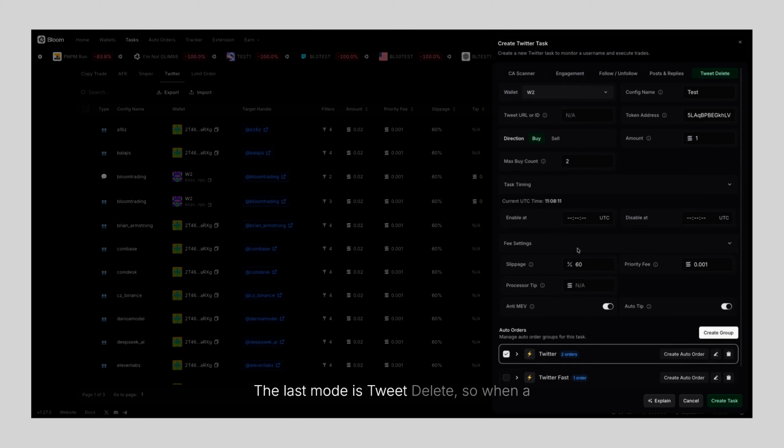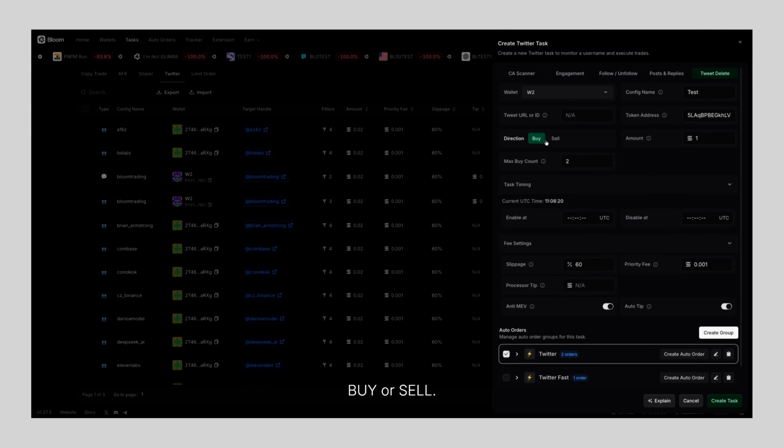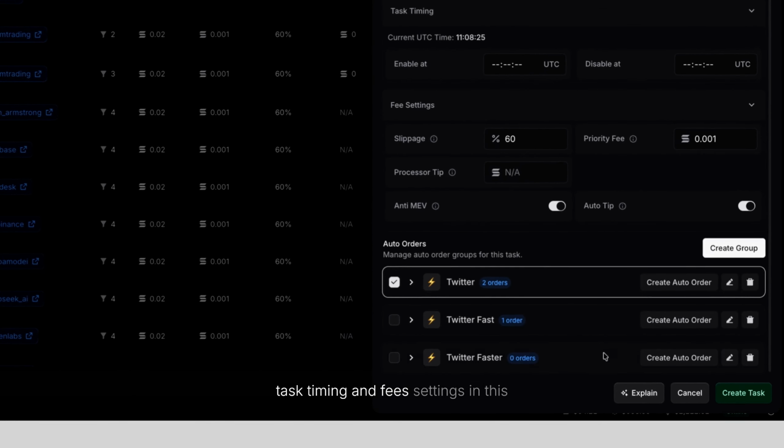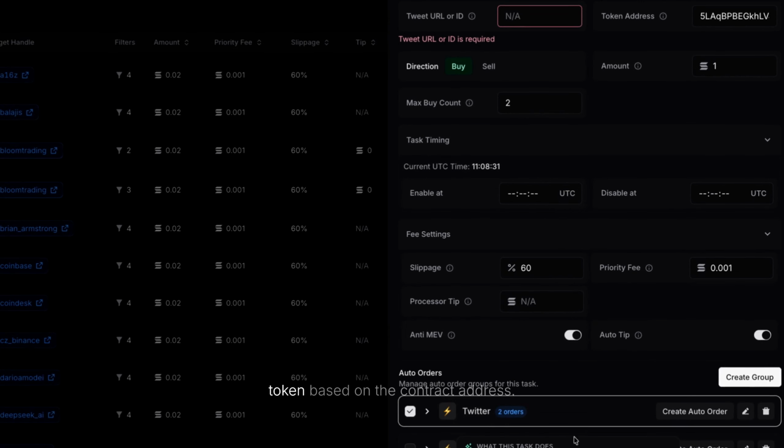The last mode is tweet delete. So when a tweet gets deleted, the task triggers, and here too you can choose whether to buy or sell. The additional fields are always the task timing and fees settings in this case too. Then we have the explanation, and in this case it will pick up the name of the token based on